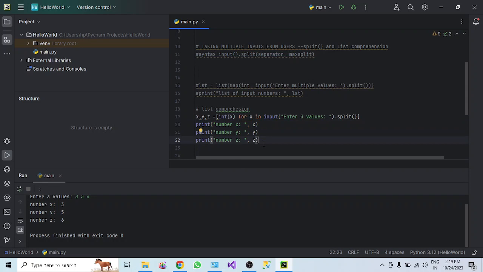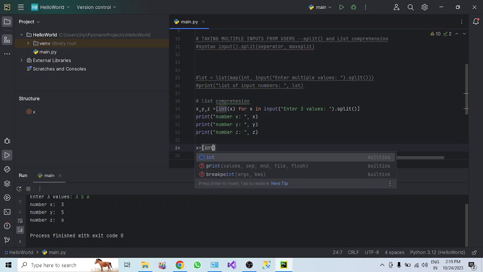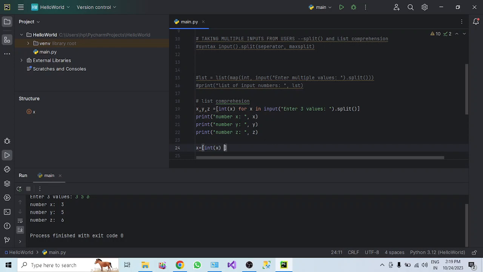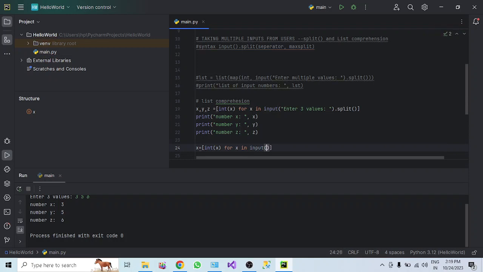Let's suppose you wanted to get multiple values from the user and use list comprehension to read the data. So how can we do it? For that you need just one variable, to get the multiple values, because we are going to iterate over it, right? So only one variable is required. Keep everything inside the list. To change it into the data type, for x in the input which I'm going to get from the user,